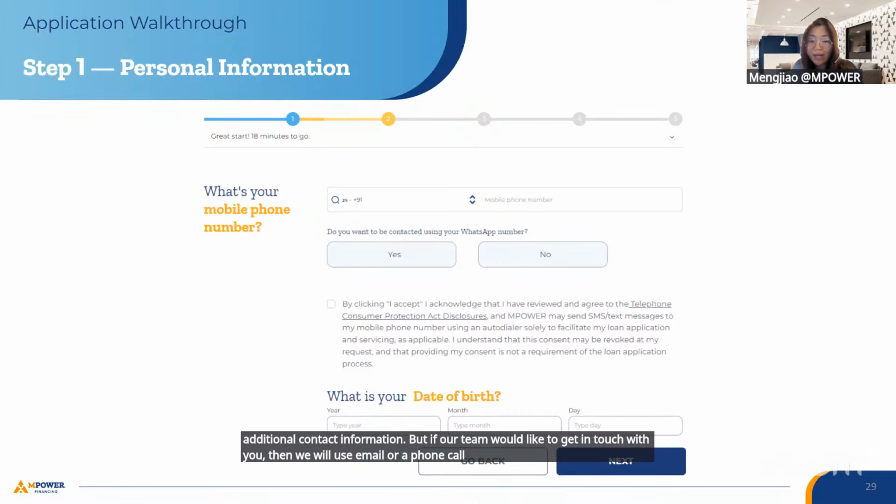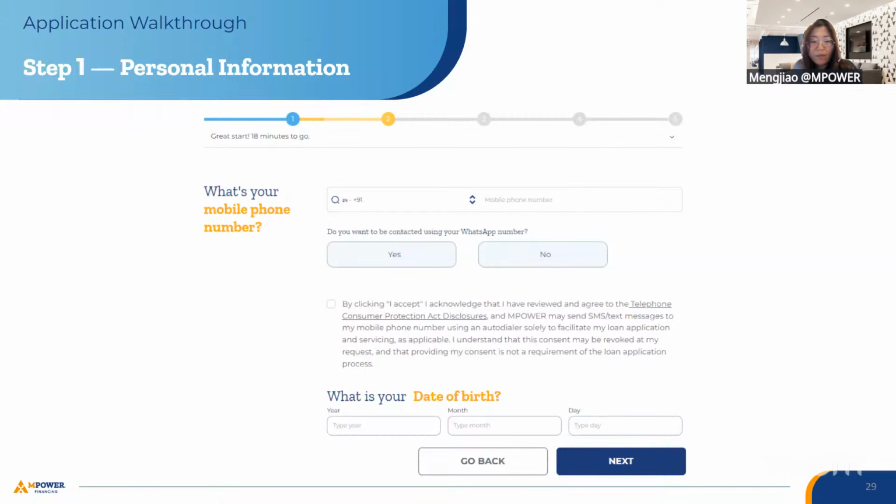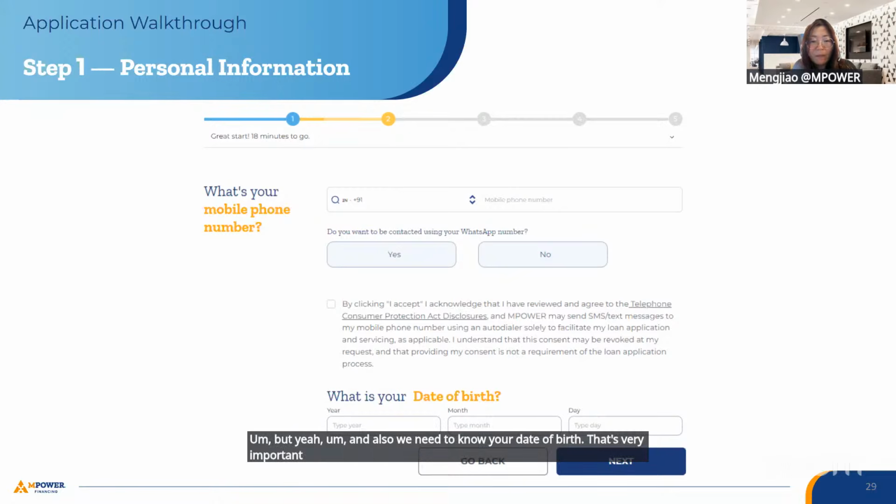So you might expect a call from us. But yeah, and also we need to know your date of birth. That's very important. And make sure your name, your date of birth, all the information matches on your ID that you are going to provide because we are going to require your ID later.